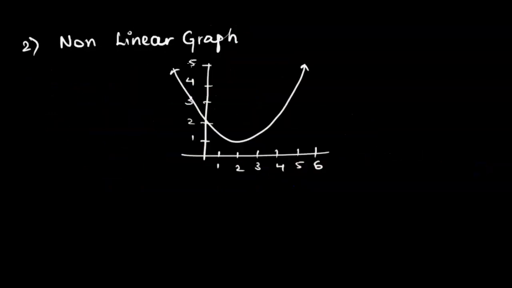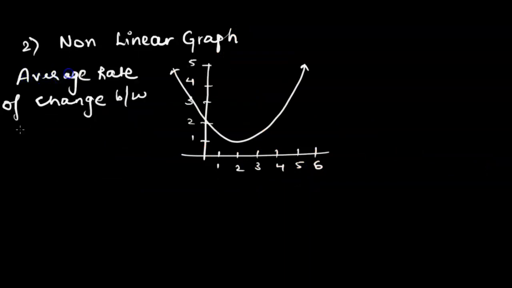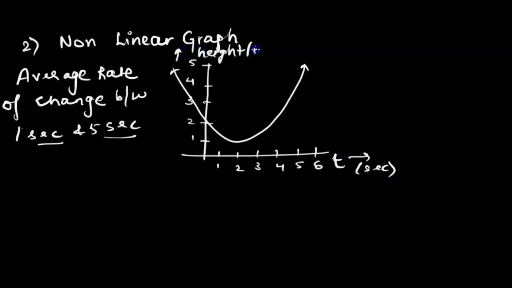Now let's say we are given a non-linear graph and again we are asked to find out the average rate of change between 1 second and 5 seconds. This means the x value is time, given to us in seconds, and let's say this is height given to us in meters. Then how do we solve this? We are again looking for slope, that is y2 minus y1 over x2 minus x1. However, if we're given a nonlinear graph, we'll first mark the points. When x is 1, this is where we are, and when x is 5, this is where we are,